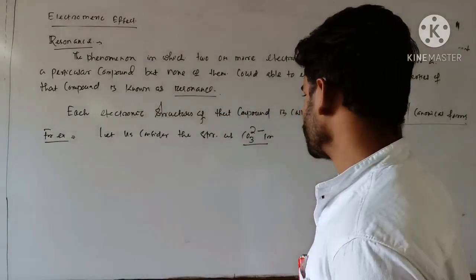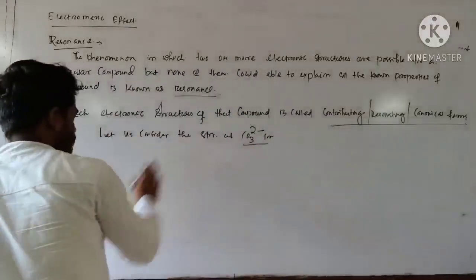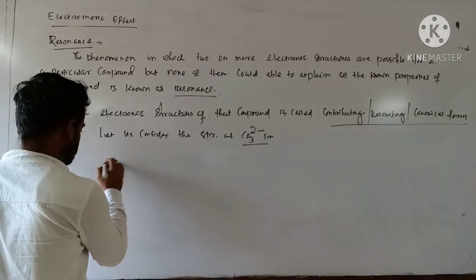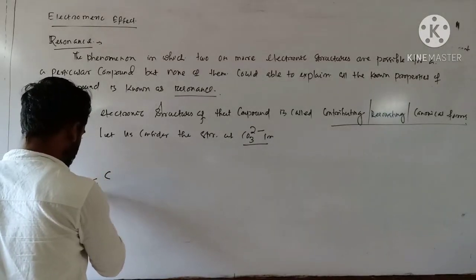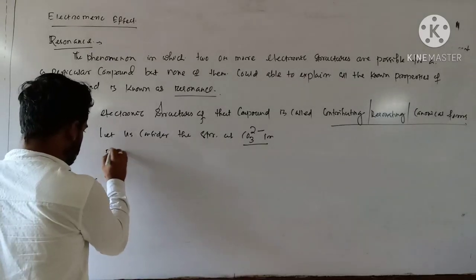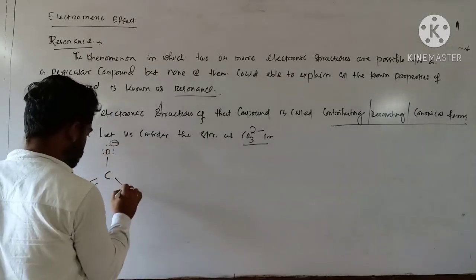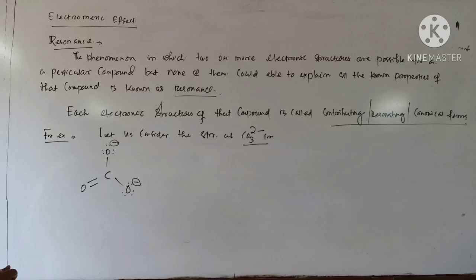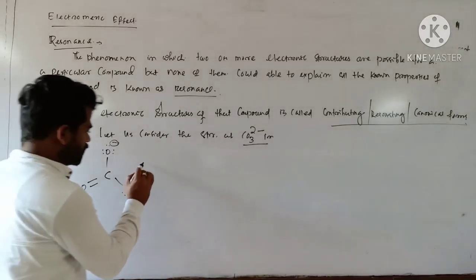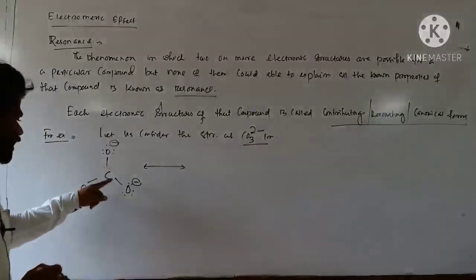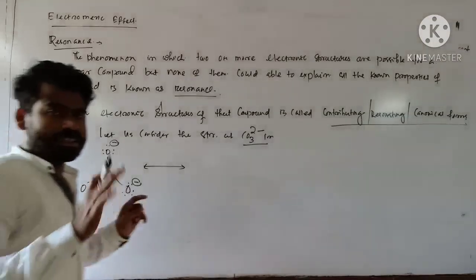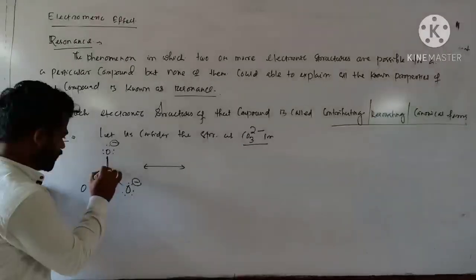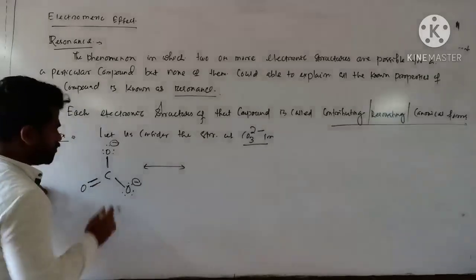All the carbon oxygen bonds are equivalent. You see, if you consider its Lewis structure, then what was the structure of carbonate ion? Like this: C double bond O, oxygen minus. This is the structure of carbonate ion, CO3 2-. Now you see, since these are single bonds and this one is a double bond, our general consideration is that all the bond lengths should be different, but practically all the carbon oxygen bond lengths are found to be equal. So this is due to resonance.